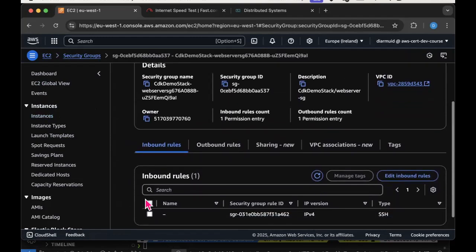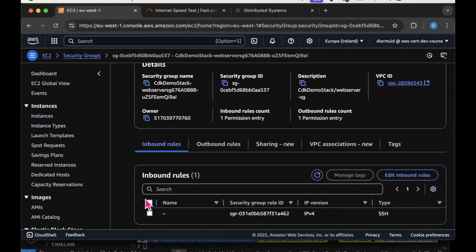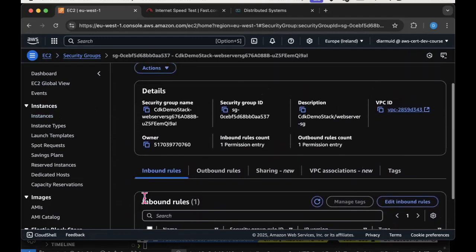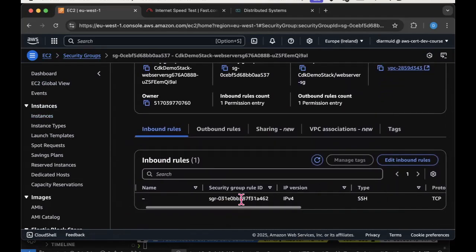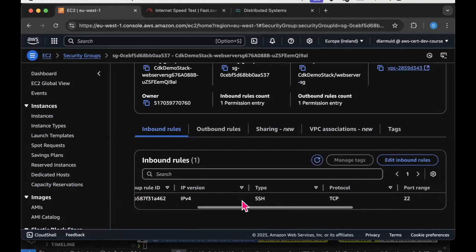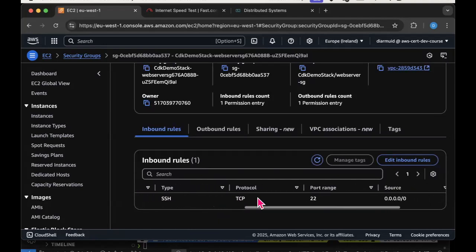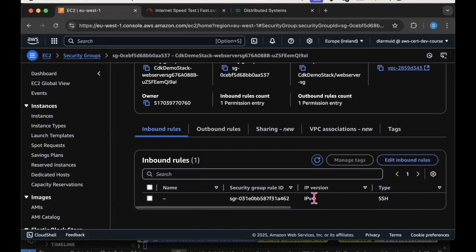Okay, are we success? Yeah, so here I'm looking at the inbound rules for my new security group, and here's the rule that I wanted to add. I'm opening up the SSH port, which is TCP port 22, and that's what I indicated in my code. So it looks like the state change has been followed through.